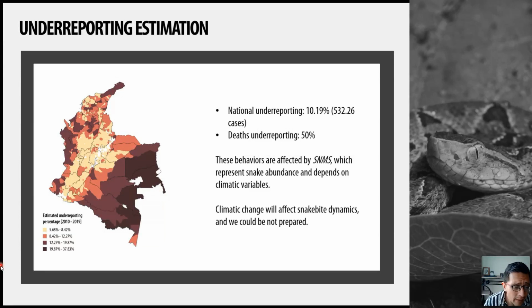These behaviors that we found here are affected by the distribution of venomous snakes, and it depends strongly on climatic variables. So climate change will affect snakebite dynamics, and we could be unprepared. We will have venomous snakes in areas where before we didn't have venomous snakes. We will have some areas with more abundance of venomous snakes. So the risk will increase, the cases will increase, and if today we are not able to distribute antivenom correctly,